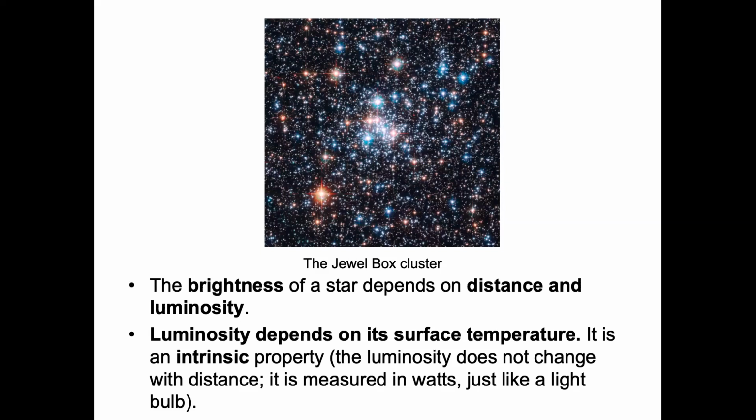because as we talk about temperatures of stars, the internal temperature and the surface temperature are 2 different things. When we talk about luminosity, again, we're measuring that energy in watts because luminosity is a form of power. Power is measured in watts. So when you talk about a 60-watt light bulb, you're talking about its luminosity, right? I could take a light bulb and move it from in front of my camera to all the way back there against the wall. And while the brightness of that bulb might change, the power output will not.